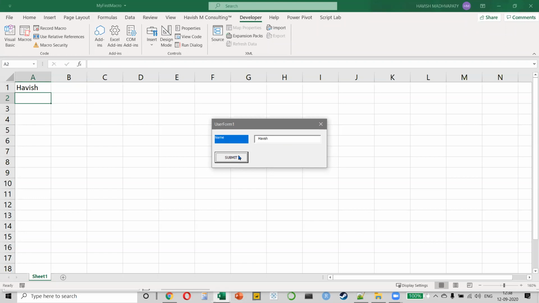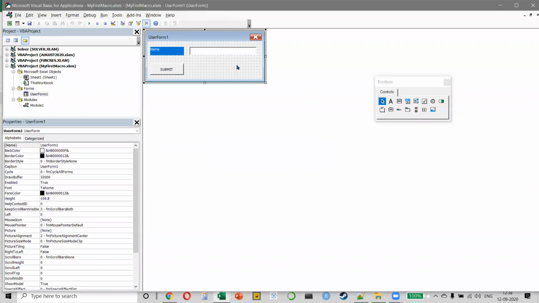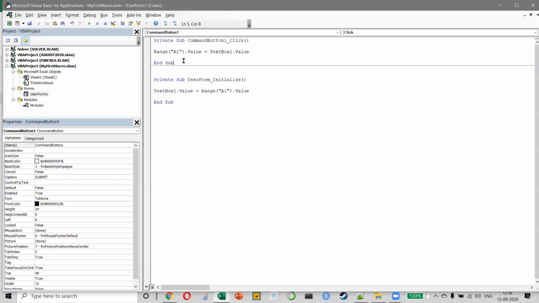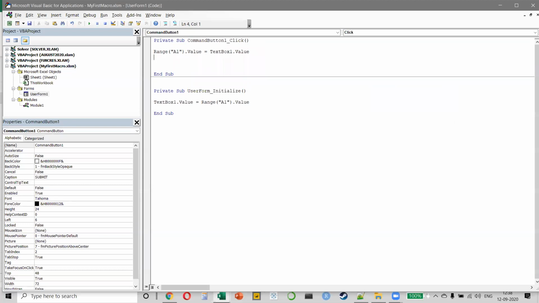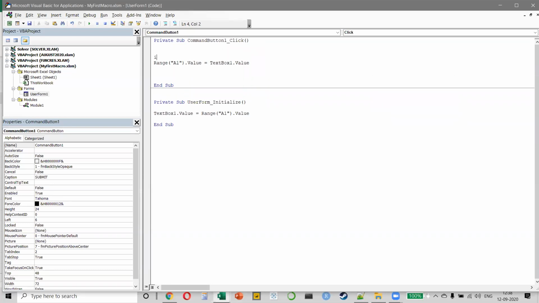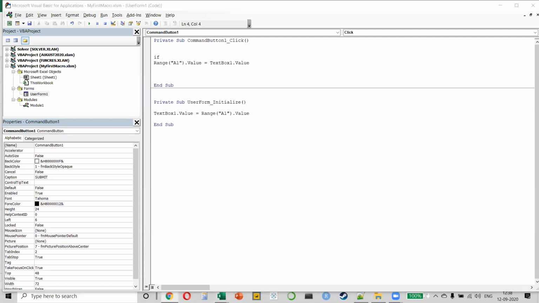Sir, if the user submits a number instead of a name, how do you handle that? If the user submits a number, we don't want a number, we want a name. So is there any provision for that? If you don't want the number, okay, so you should be able to say that. Let's see. Let me check, just a moment.